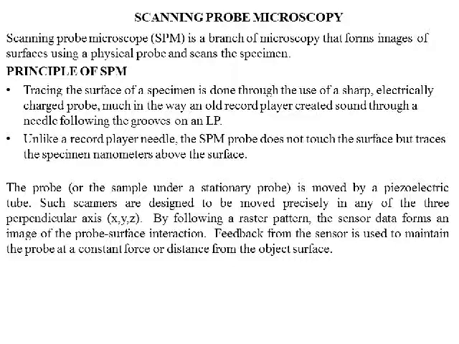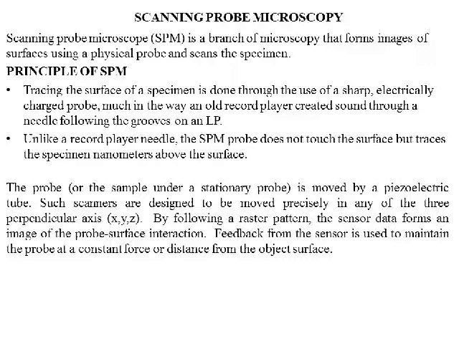How does SPM work? What is the principle of SPM? Here the tracing of the surface of the specimen is done through the use of a sharp electrically charged probe, which is similar to our old record player. As we have seen in the olden days, the old record player is a long playing disc, a round disc of a larger diameter, and constantly a tip or a probe moves on it to play the songs. The scanning probe microscopy is done in the same way.